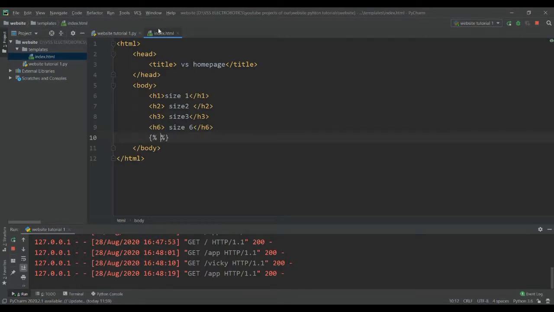Inside the curly braces, you need to put the percentage symbol and just write for some values, some A, B, C or E, F. Just write for A in range from 0 to 20 or 30, anything. Okay.